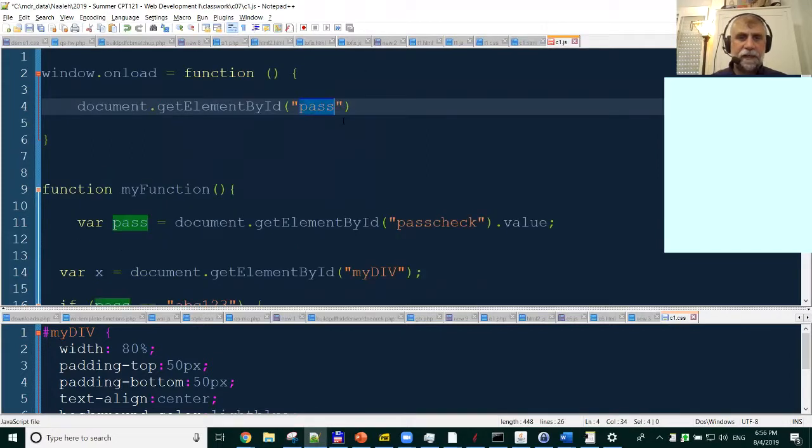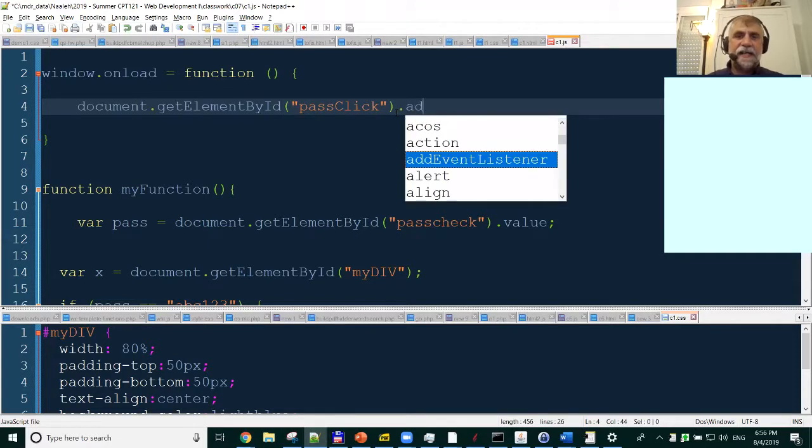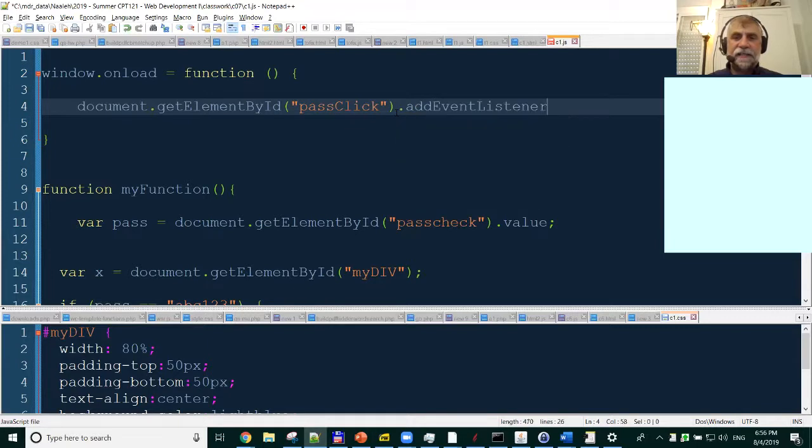Password click. Pass click. And now I'm going to do the following. I'm going to do dot addEventListener. It's built into the language, event listener. What an event listener does is it will